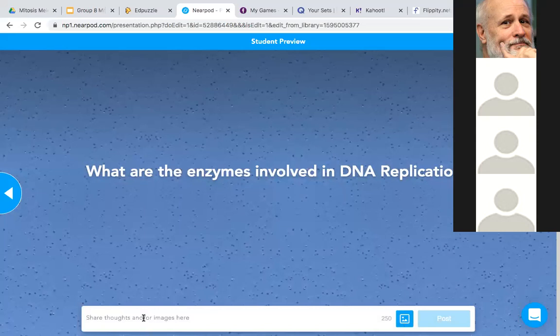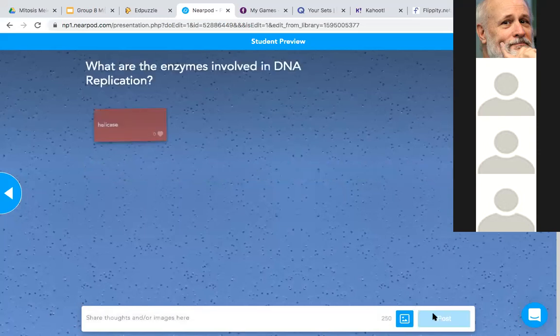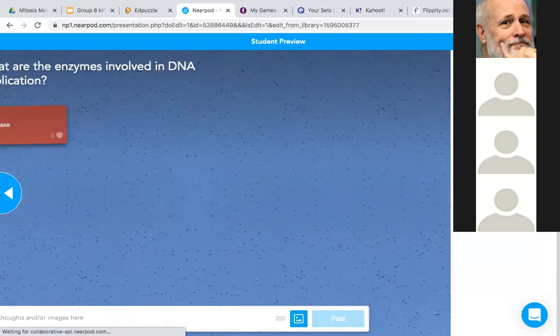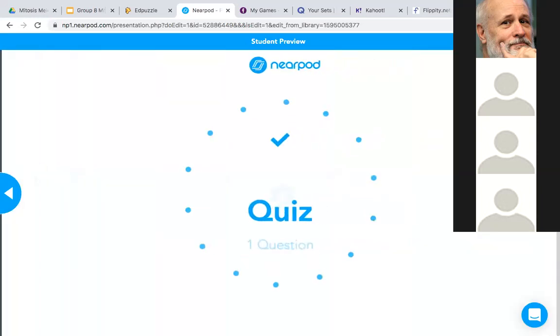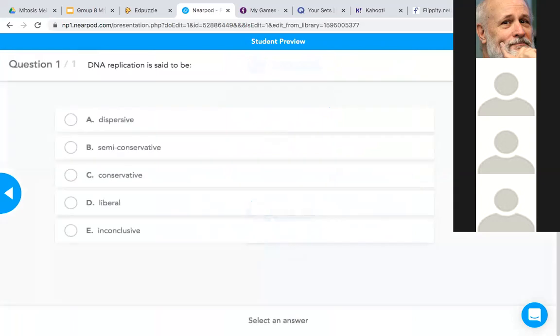And so this is going to push to their screen, and they have this little box down here. Maybe they'll say helicase, post. And then they pop up like these Post-it notes. And so you can see the student Post-it notes start to pop up. That's one super fun way to get them engaged right at the beginning of lecture. Or maybe you just want to show a review video. In Nearpod, you can insert these videos that will play on their screen. I could push play. It's just a YouTube video. And maybe I want to give them a pop quiz. Do you really remember replication?